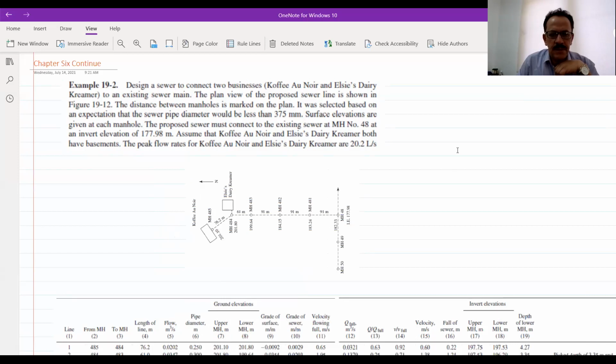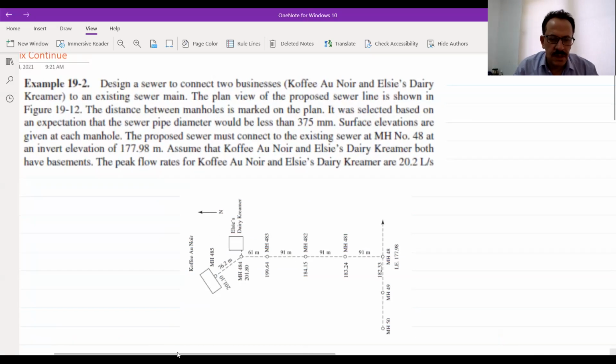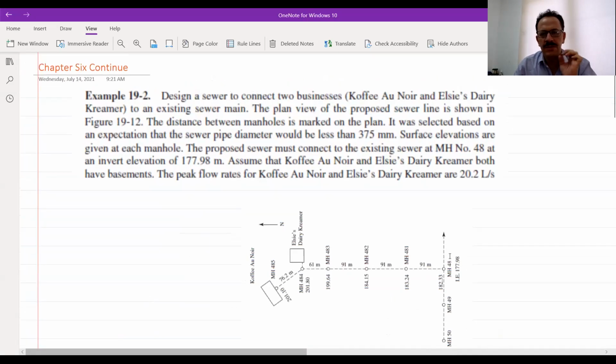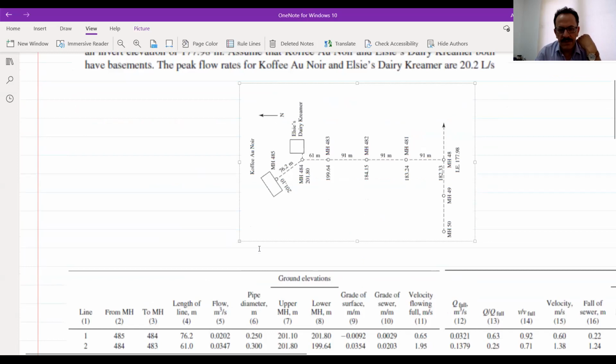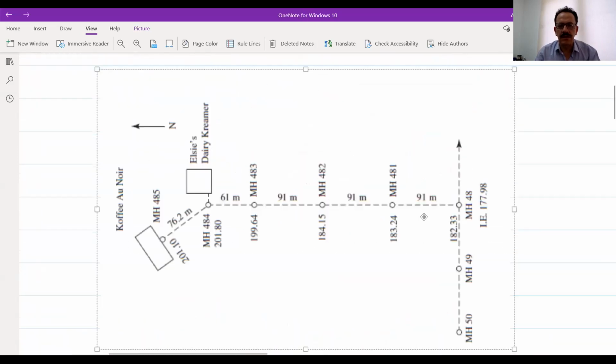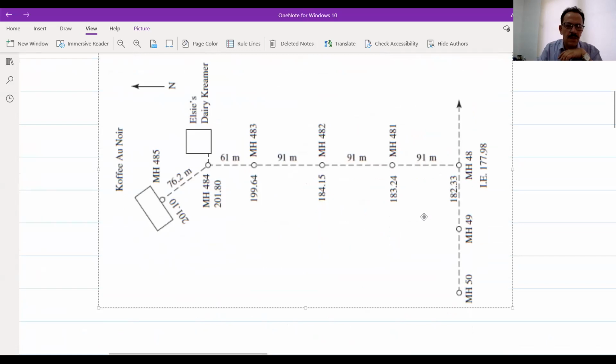Here in this example, this is all about the design of the storage. This is the way that we are using the calculations for how to design any storage system, especially for a domestic one. There is an example here, and usually we have an example like this in real life. Here we'll have two things.